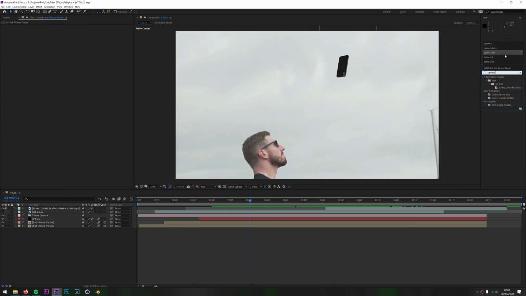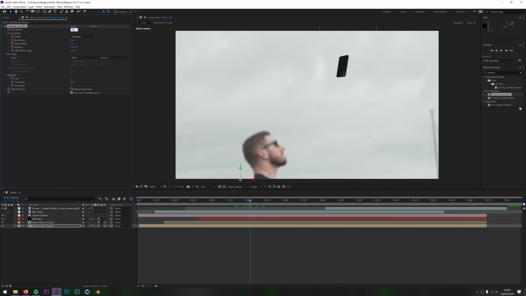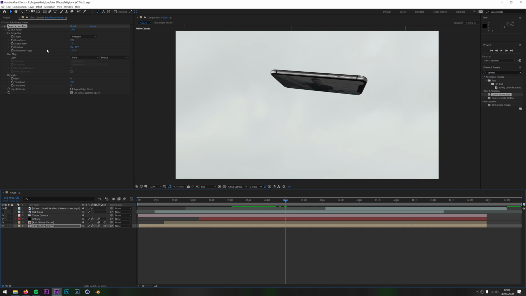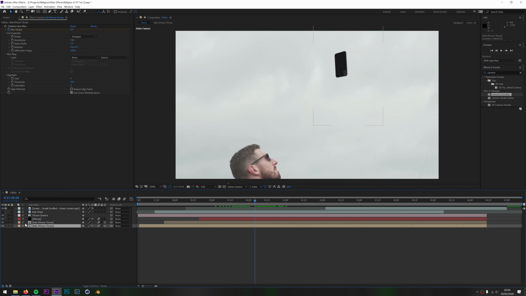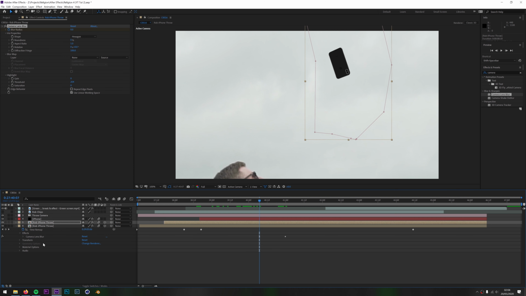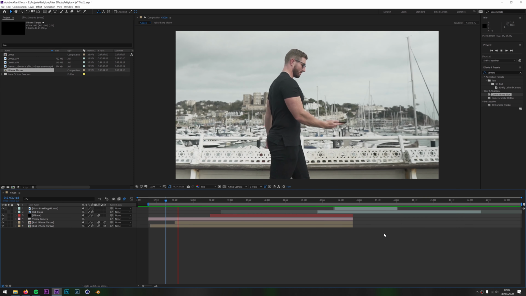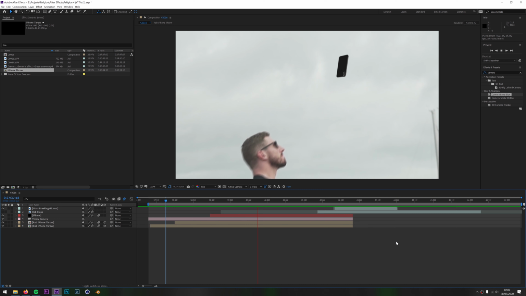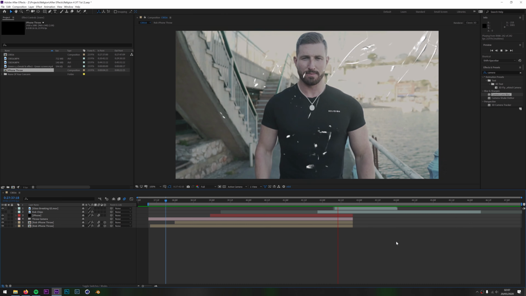Slap on a Camera Lens Blur, set the value to 10, then use some keyframes to animate the background getting blurry as the camera gets closer to the phone. Then copy the effect and its keyframes to the layer above. Play it back and you get, then a color grade, sound effects, and a broken iPhone later.